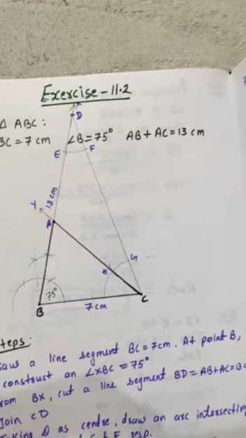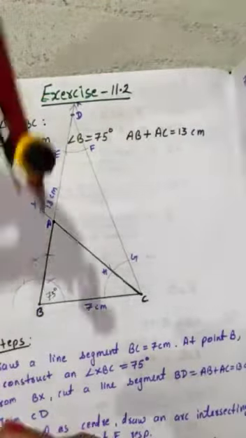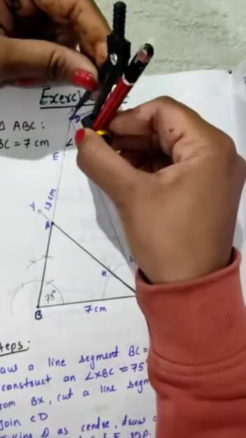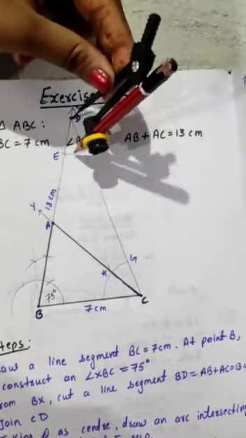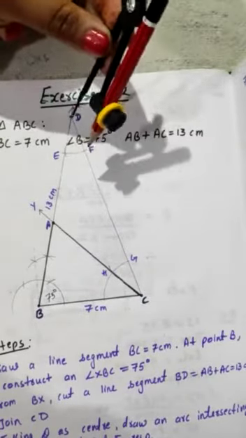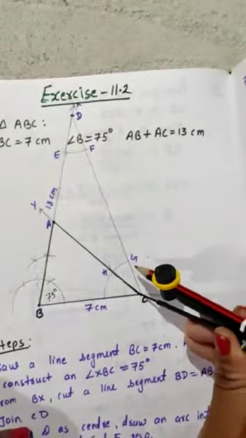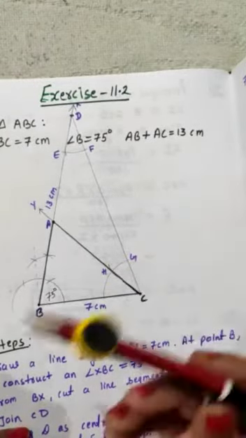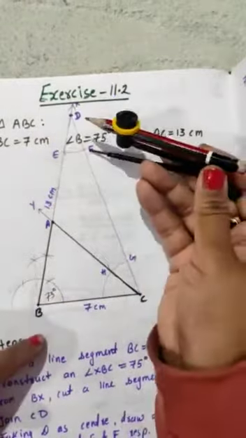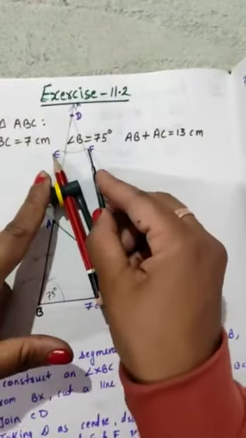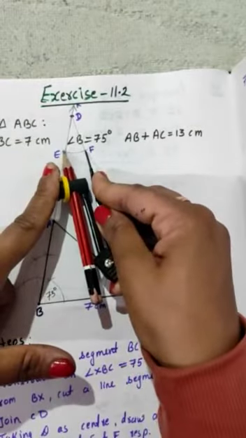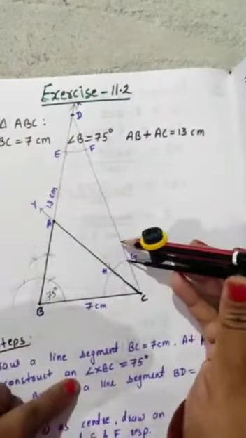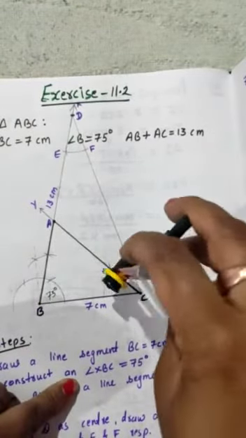Just see. You have to take a comfortable radius and from here mark the arc. First you will mark the arc. Now without changing this radius, you will mark the same arc from point C, a big arc. After constructing these two arcs, you will measure the width of this angle. You can see this much is the width. So this you will bisect from G and then you will construct the angle.